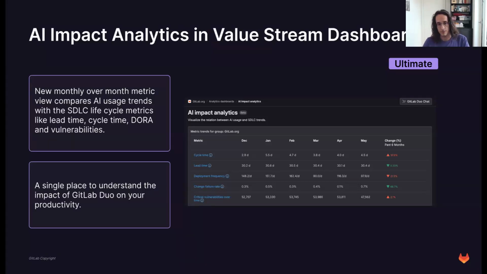Another thing, this is really minor, but this signifies a new, I wouldn't say necessarily direction, but a new facet of our value stream dashboards. Up until now, you've been able to see how productive and how fast you are moving with GitLab in your DevOps lifecycle. Now we are adding a new group of analytics into the value stream dashboards, which we call AI impact analytics or AI usage trends, however you position it. Right now, it's only about using code suggestions.